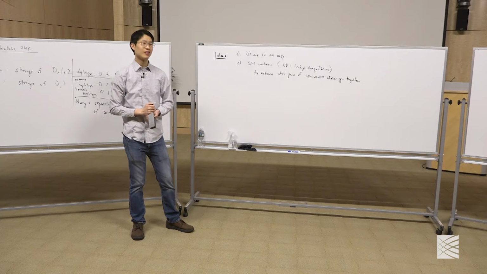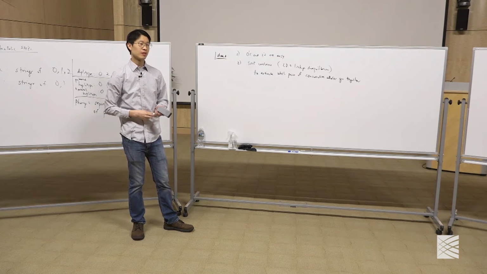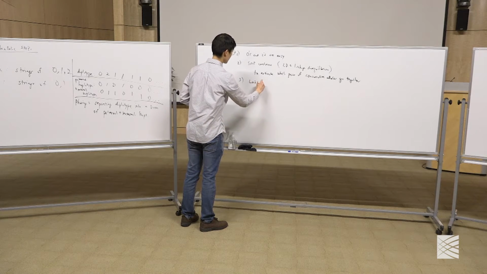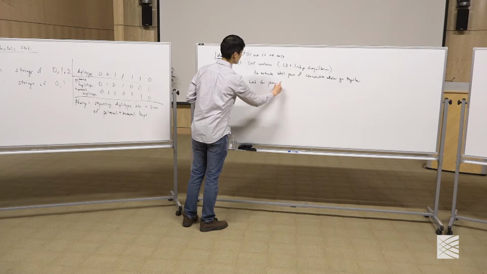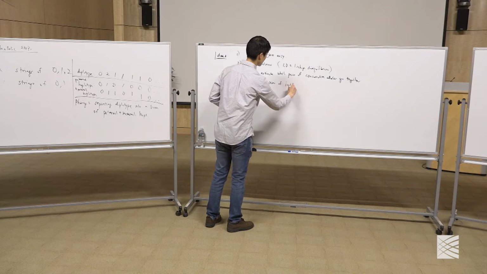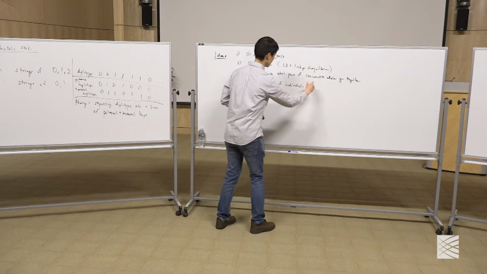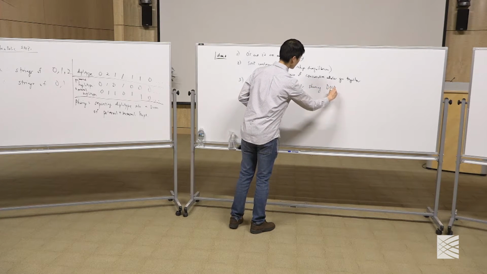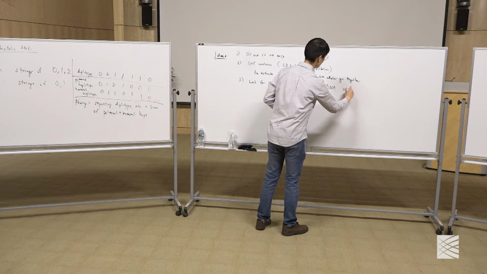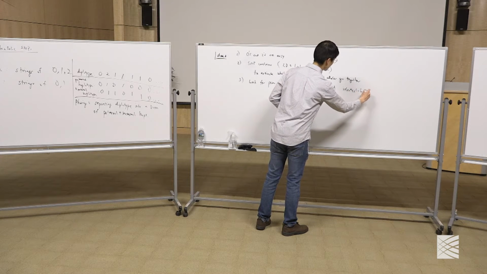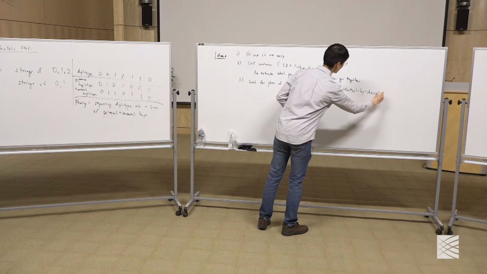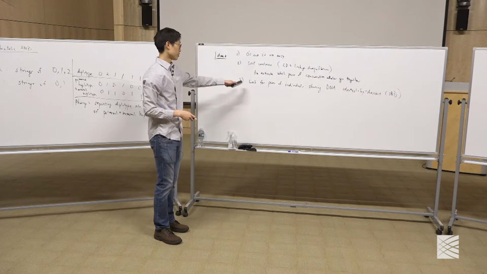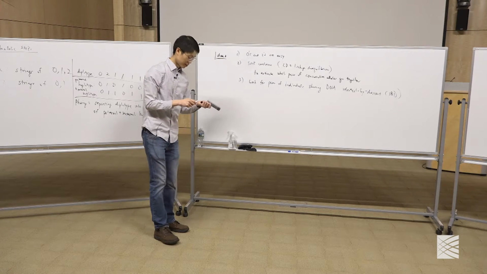Look for pairs of individuals that share DNA identical by descent, usually abbreviated IBD. And I want to talk a little bit more about this and flesh that